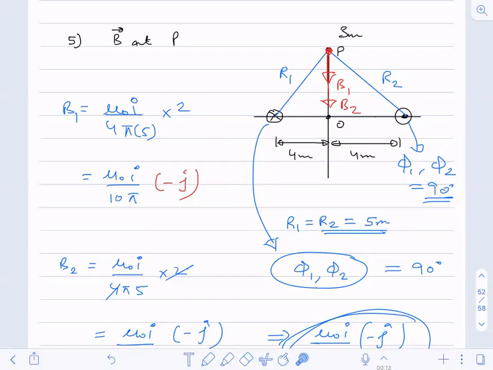Whatever question you do, think about it: what are the possibilities, why you are writing this formula, why you are writing this case, why you are putting this value. You have to do all these things and then solve the numericals. Don't simply substitute the values in the formula and go ahead. That's the wrong way to solve numericals. I'm not saying that you should solve 20 or 30 numericals every day. No, solve 10 questions only, or 5 questions only, but for whatever you solve, you should be able to understand each and every point of that question.